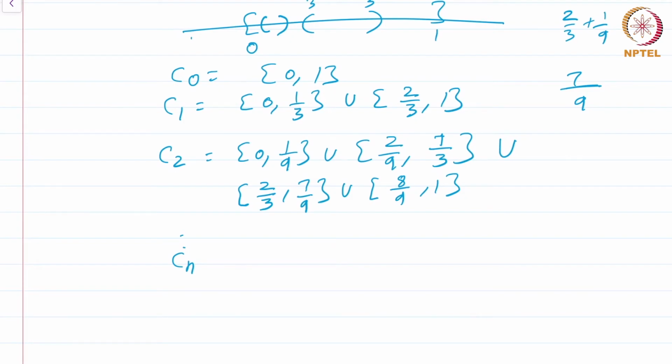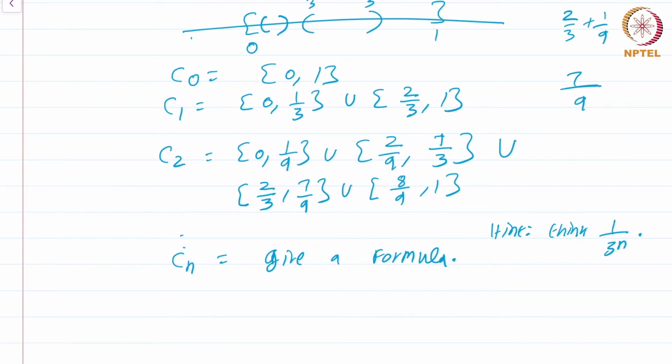Now I'm going to leave an exercise. Give a formula for this. Hint: think 1/3 to the power n. That's the vague hint I'm giving you. Give a formula for how Cn is going to look.